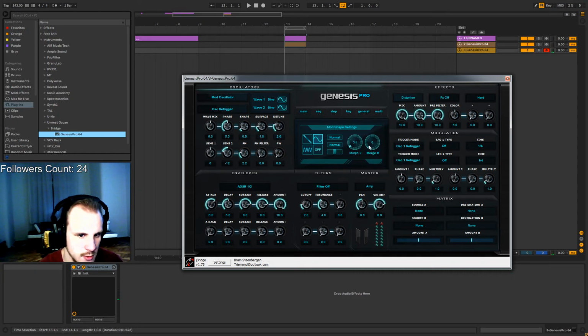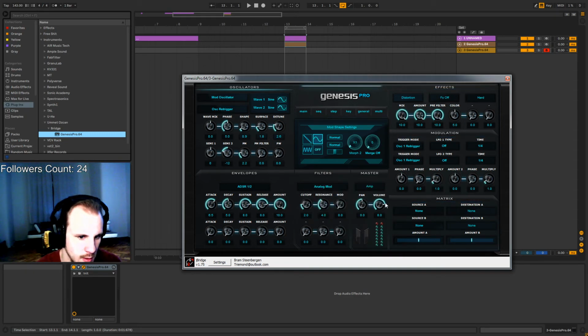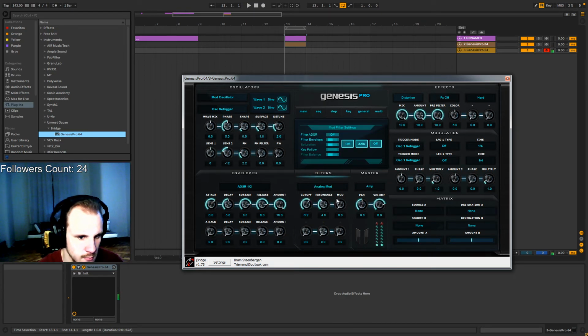This seems like a distortion unit, almost. Okay, we'll filter it out. Analog mod, what is this? Is this a low pass filter? You can turn this on to be your ADSR. We're gonna slightly